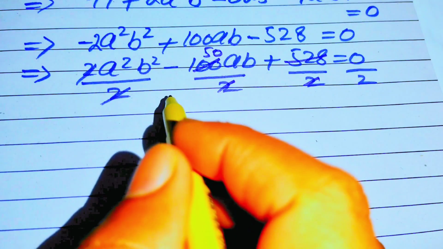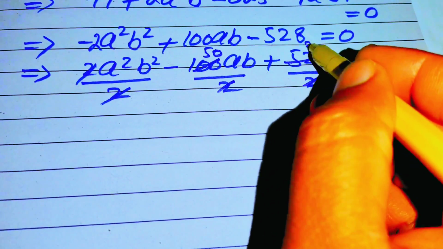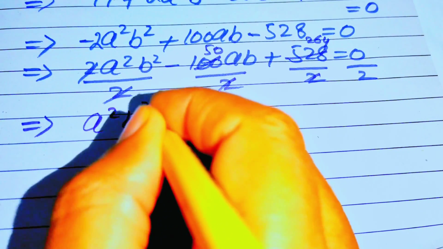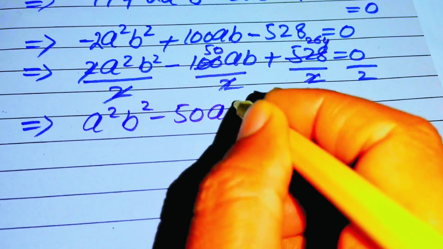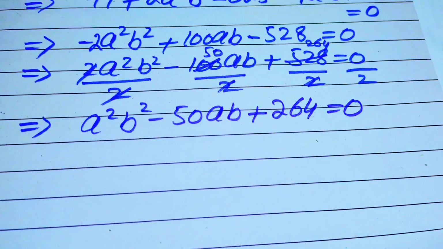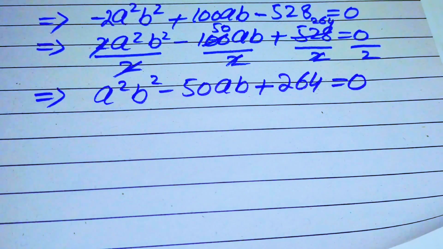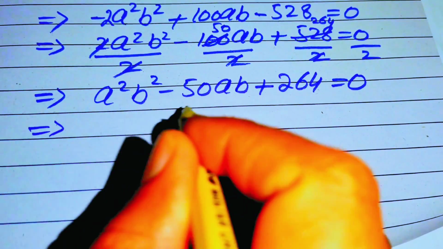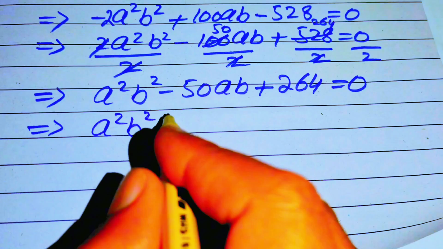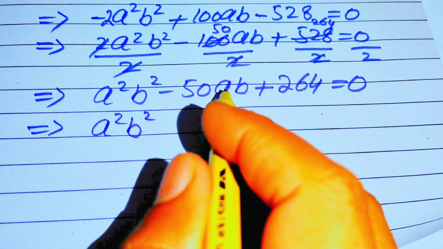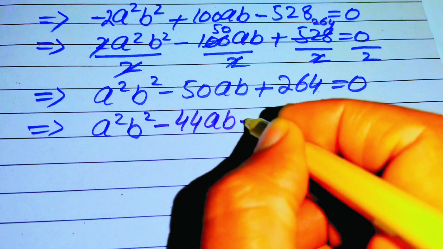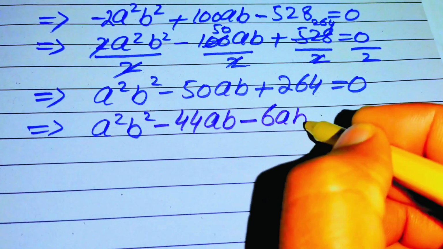We cancel these two terms and we get 264. So here we have a squared b squared minus 50 times ab plus 264 equals 0. Now we easily make the factors of this equation by breaking its middle term: a squared b squared, and we write this minus 50 times ab as minus 44 times ab and minus 6 times ab